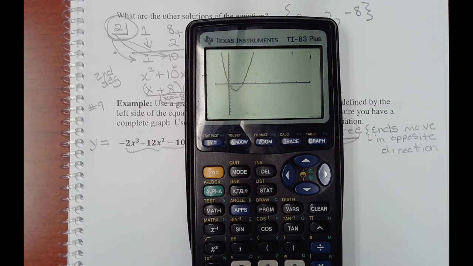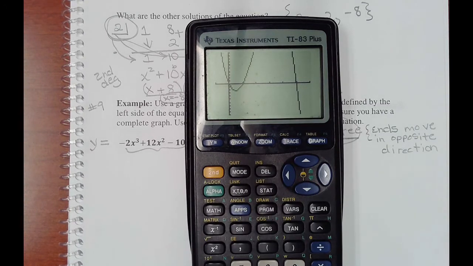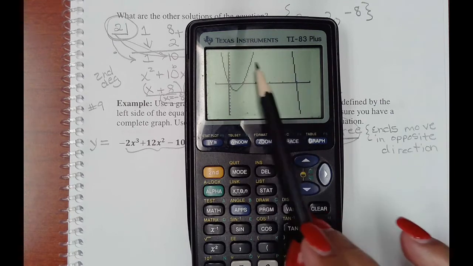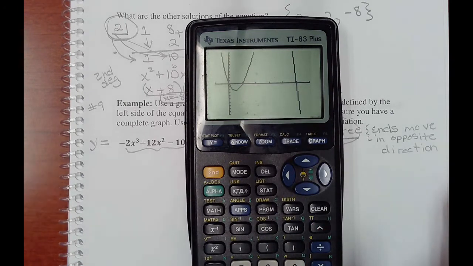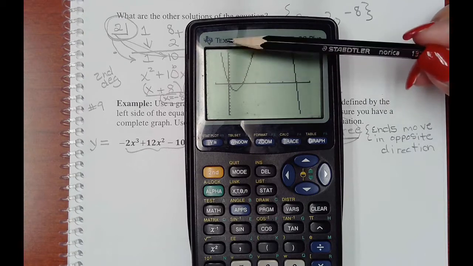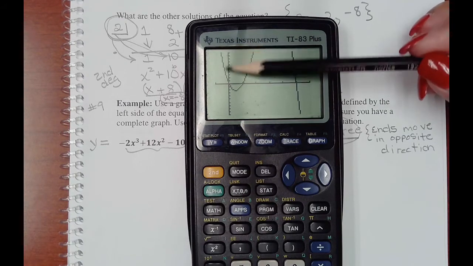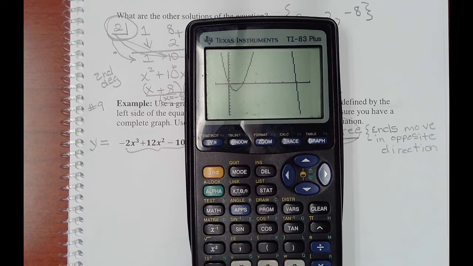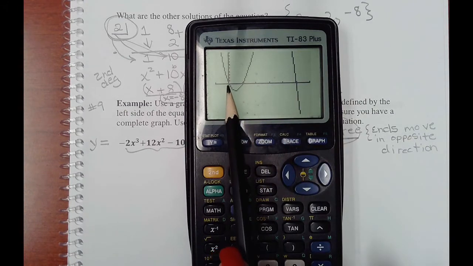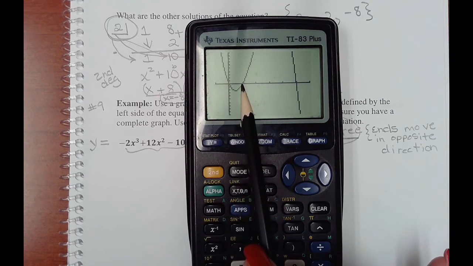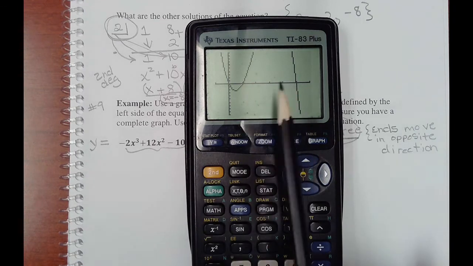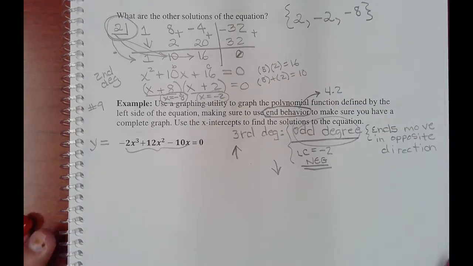Now we have a much nicer view of the x-axis. Again, you can't see the top, but that's not where you get the solutions from. If you were being asked a question like, hey, what is the max? Then you'd need to see the top of it. So then you would manually adjust how high your graph goes on the positive y-axis, but we don't need that here. It appears that this graph has an x-intercept at 0, an x-intercept at 1, and an x-intercept at 2, 3, 4, at 5. If those truly are answers,